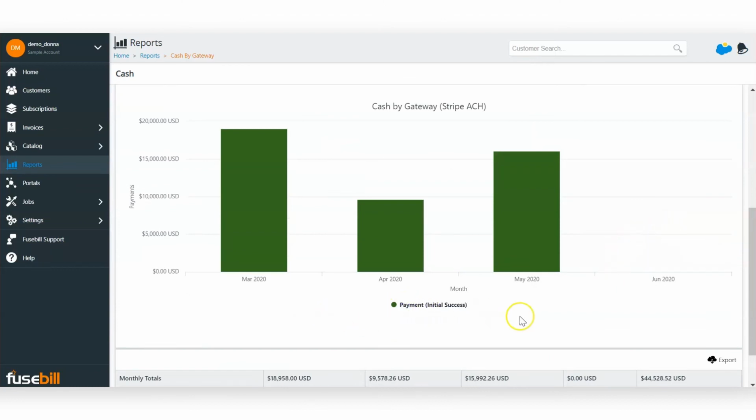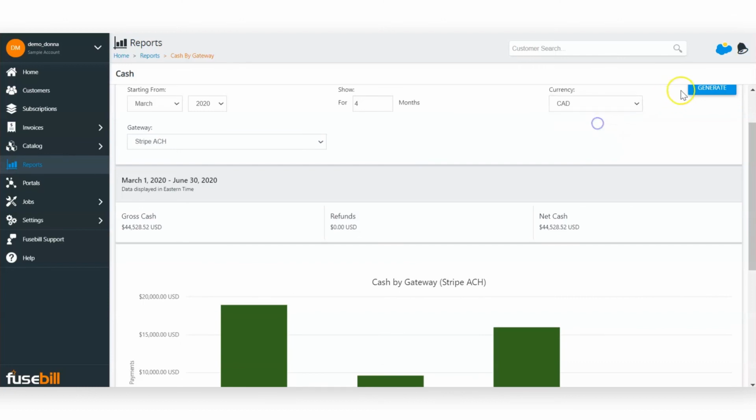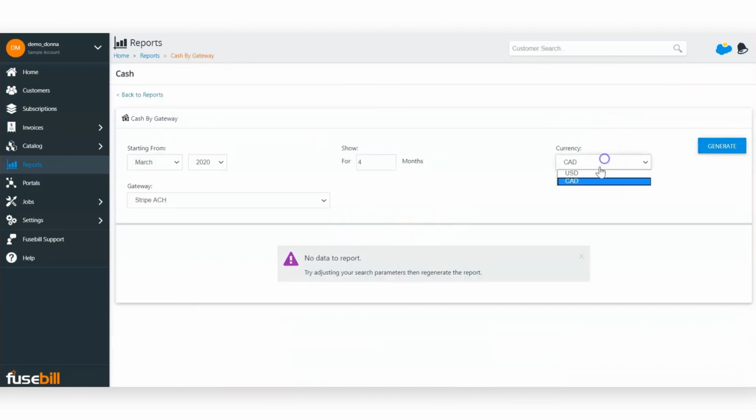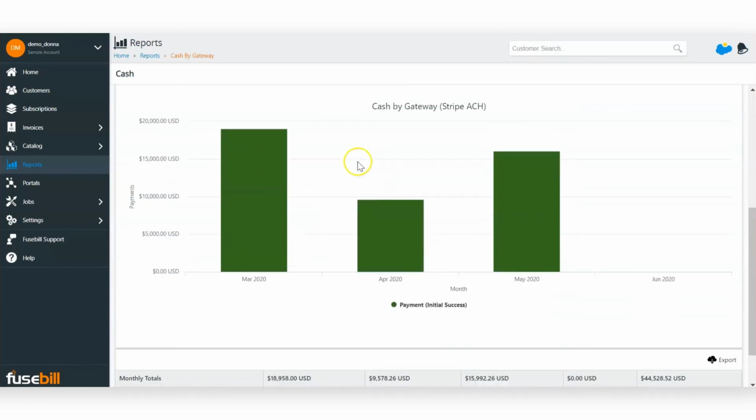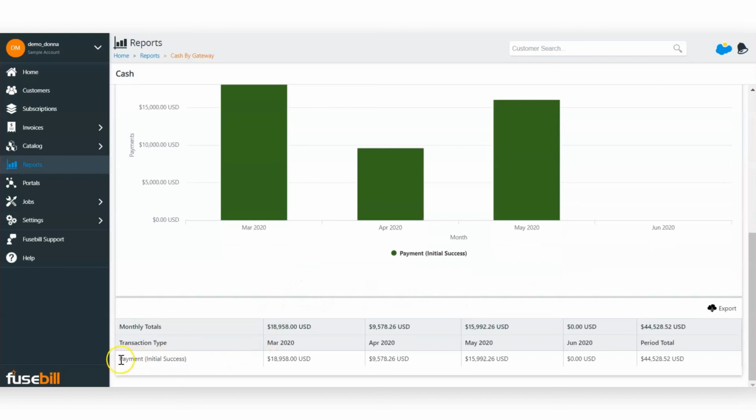For example, you can have a look at your initial success for a particular period. Because we're in a demo account and we're using a test gateway, we don't have any retry success reports. But when you run this report in a live account, you see another row here that says retry success. And what you'd see from the retry success is how much money over a particular period dunning management is saving